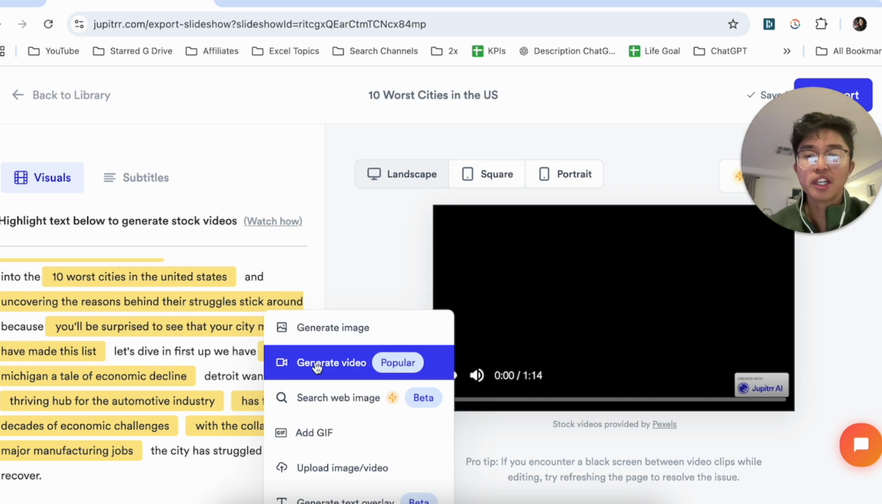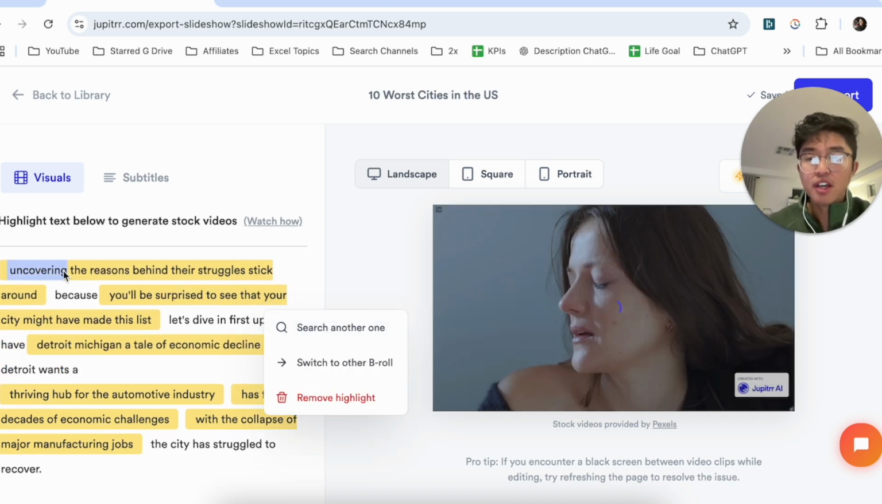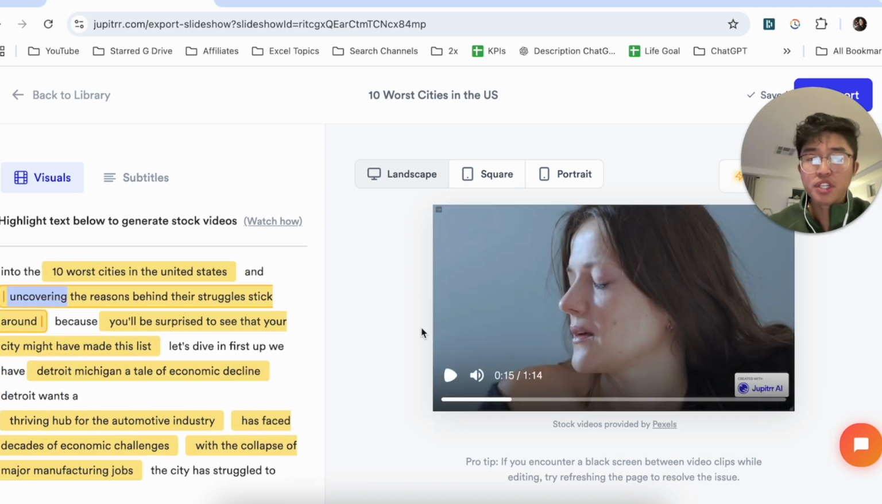So what we'll do is that we'll click on generate video. And so it takes a couple of seconds to match a relevant stock footage. But now when I click on this highlighted portion, you'll see that this is the video that's been generated for